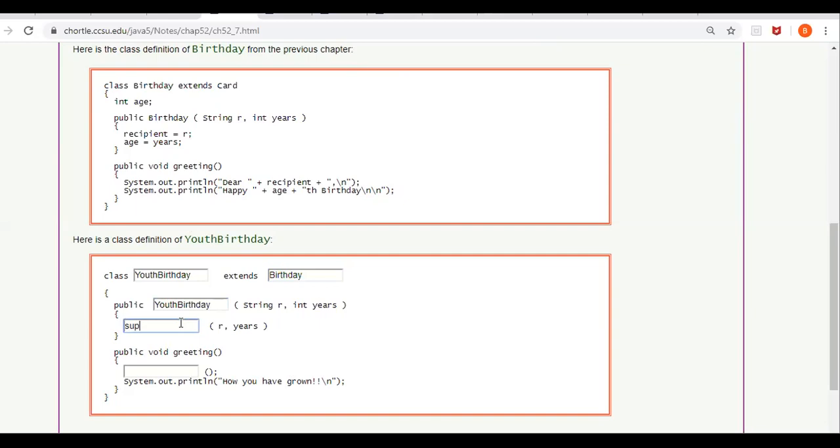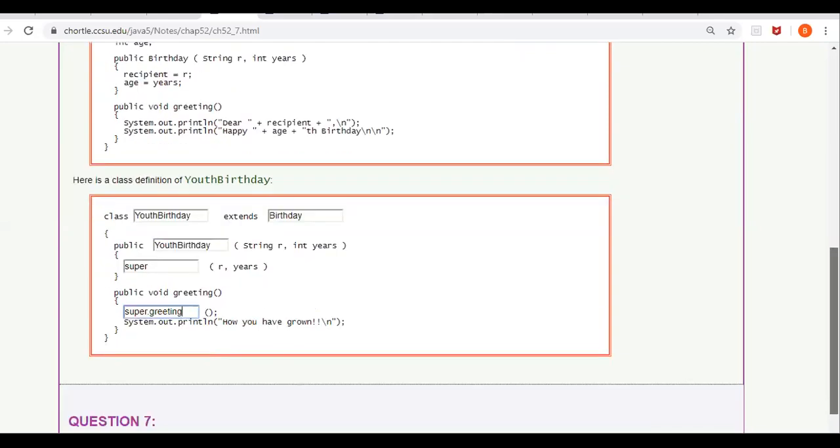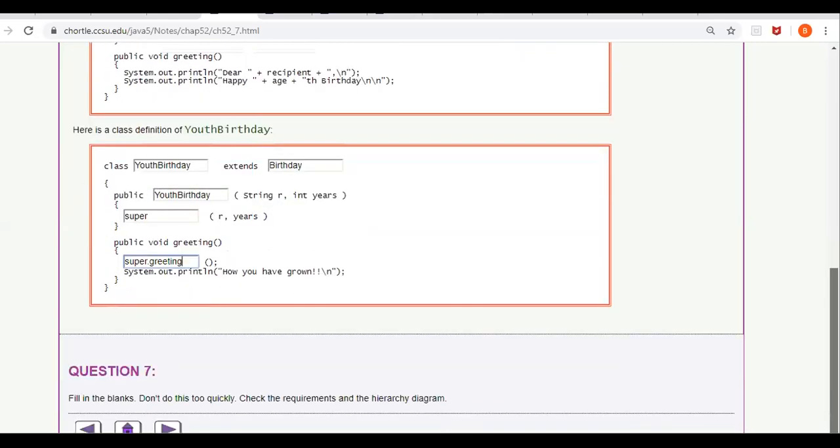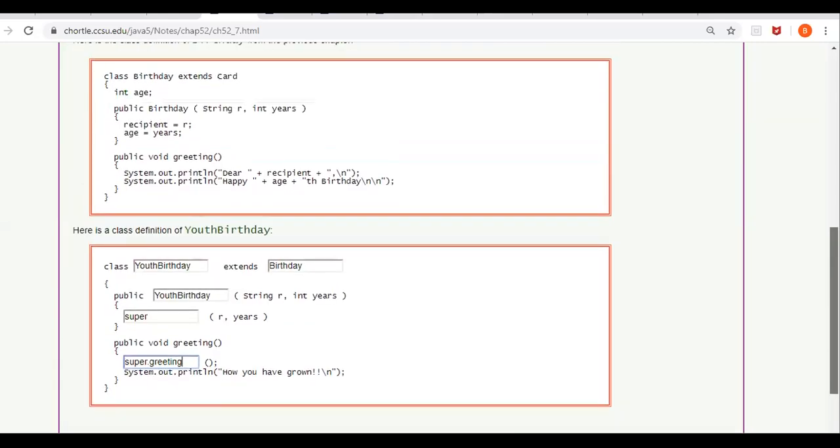We are going to pass these to the superclass, so just super. And this is the greeting method of YouthBirthday. Inside this, as a first statement, we would like to call the greeting method of the superclass. So we just have to do super.greeting. That's it. Similarly, you have to write the code for AdultBirthday also.